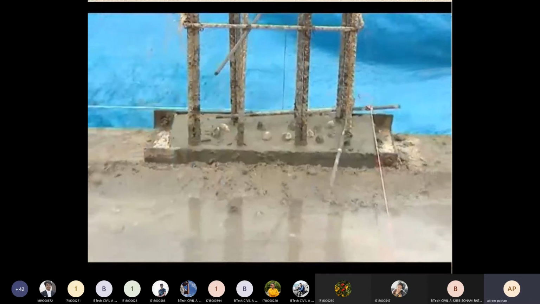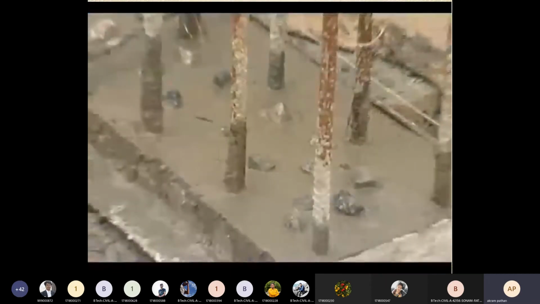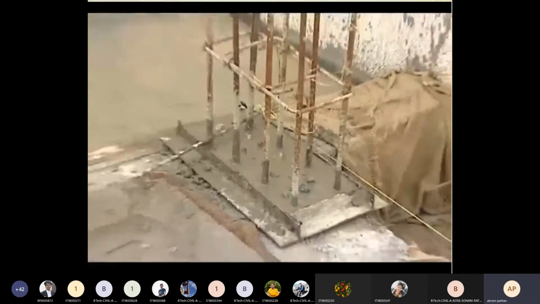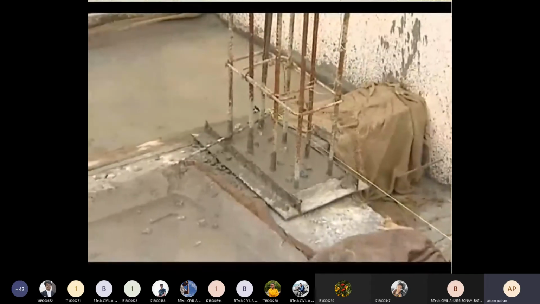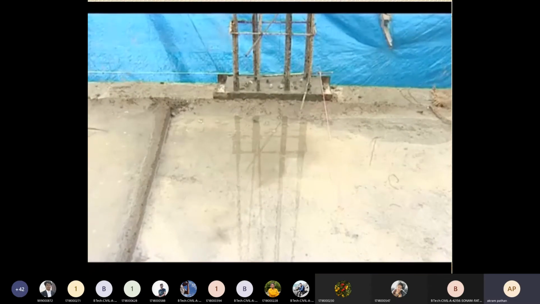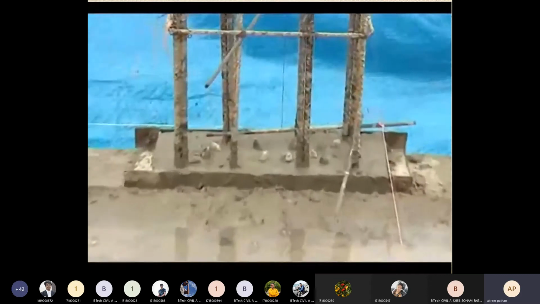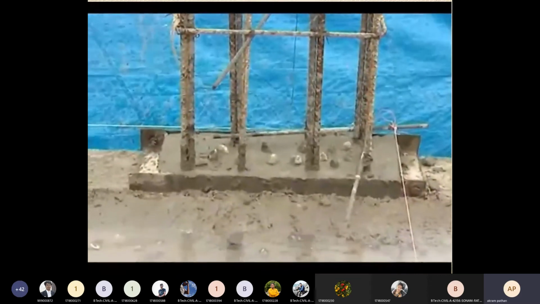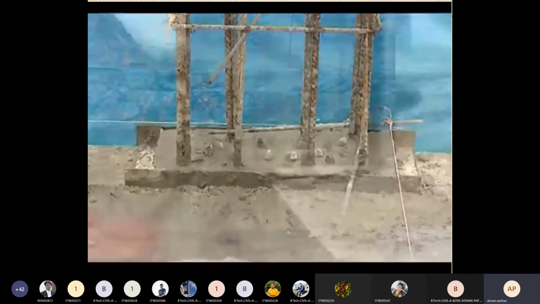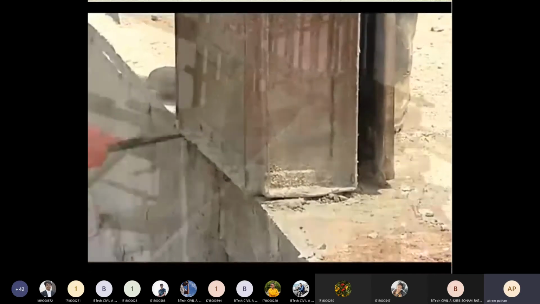To hold the shuttering firmly in place with proper alignment, a concrete pad called a starter is cast before fixing the shuttering. The thickness is about 45 millimeters to 60 millimeters, and the dimensions are precisely the same as the dimensions of the proposed column. The starter should be cured for a day or two so that it is hard enough to fix the shuttering around it.